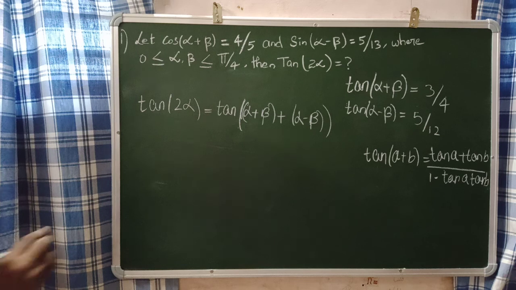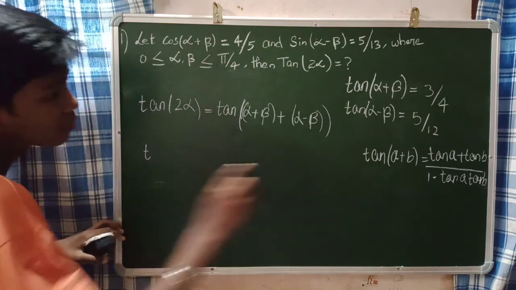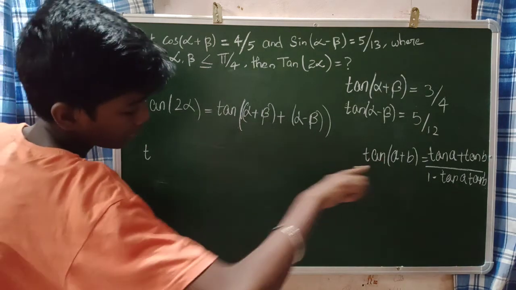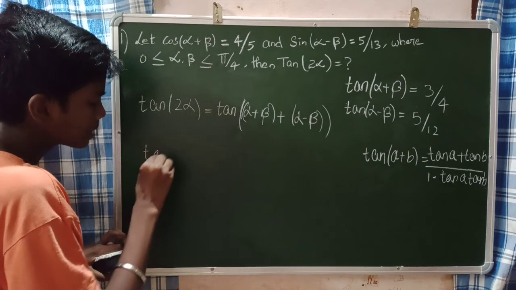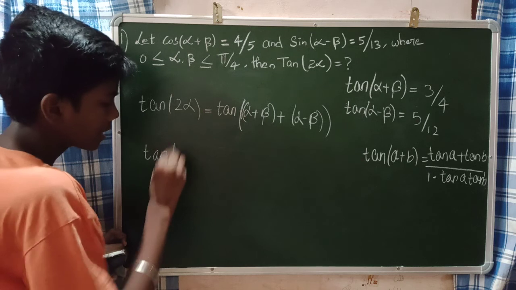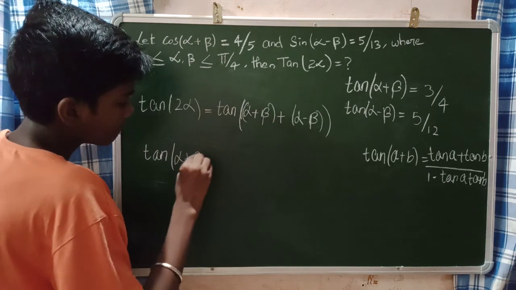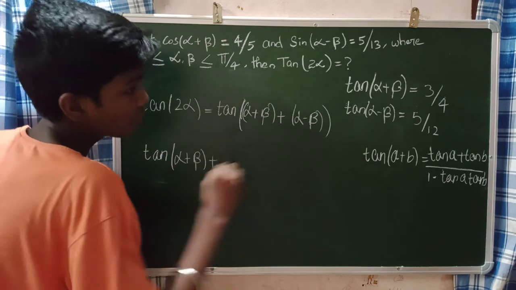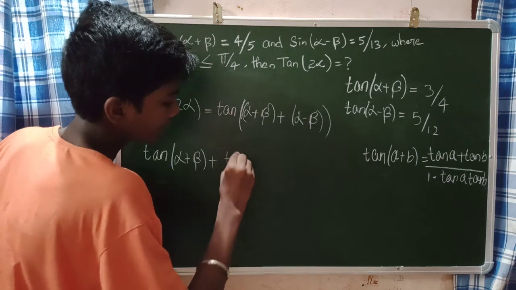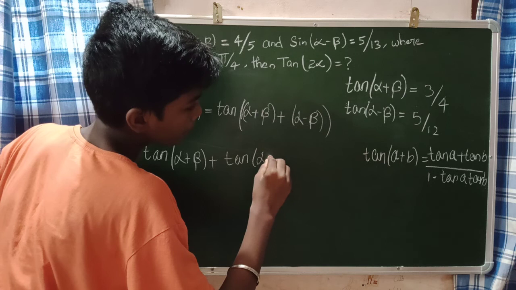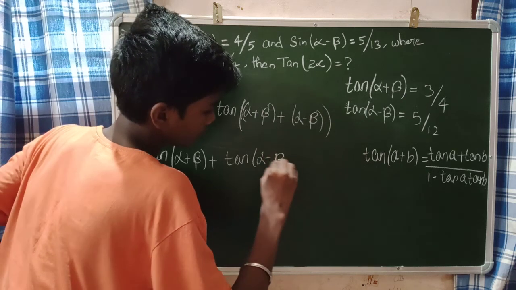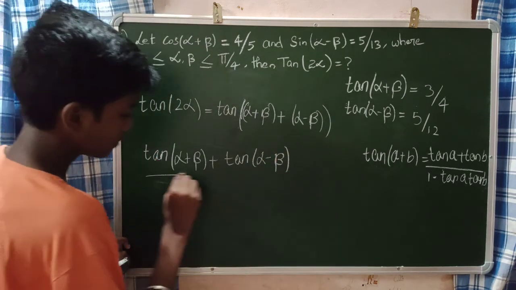When you use this formula, I will get tan of (A plus B) as tan A plus tan B. What is tan A plus tan B? That is nothing but tan of (alpha plus beta) plus tan B. What is tan B? Tan of (alpha minus beta), because A is alpha plus beta and B is alpha minus beta, divided by